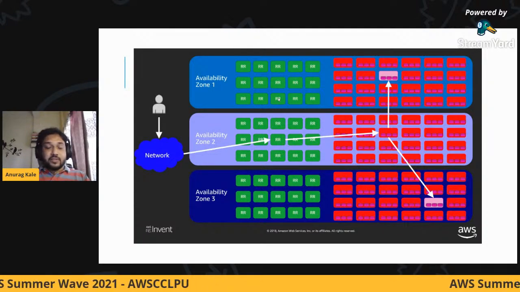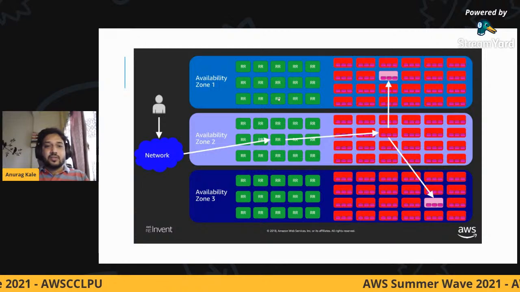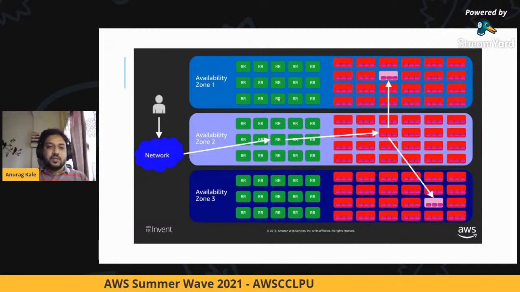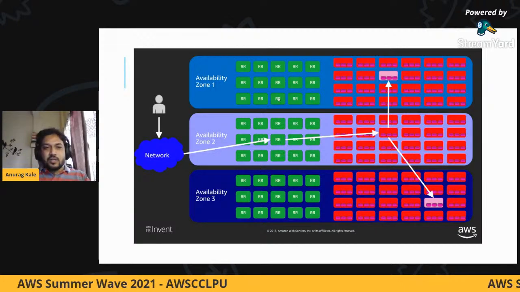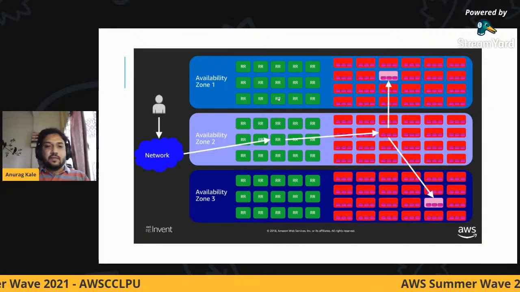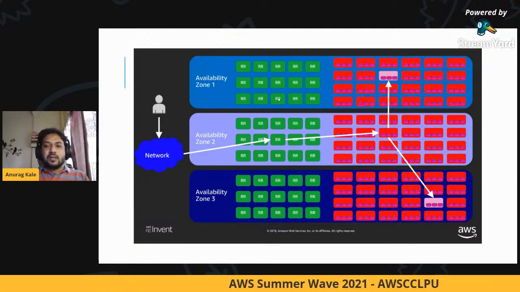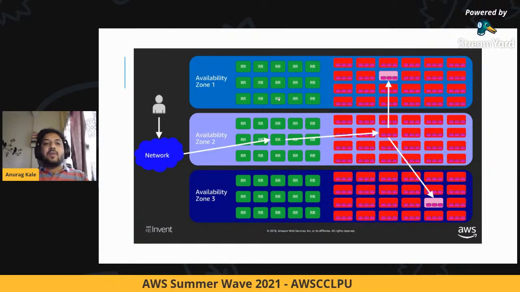If you go back to your data structures class, data structures theory, we have something called a hash function. A hash function is nothing but a mathematical function which, if I give it a value, generates a consistently same output.